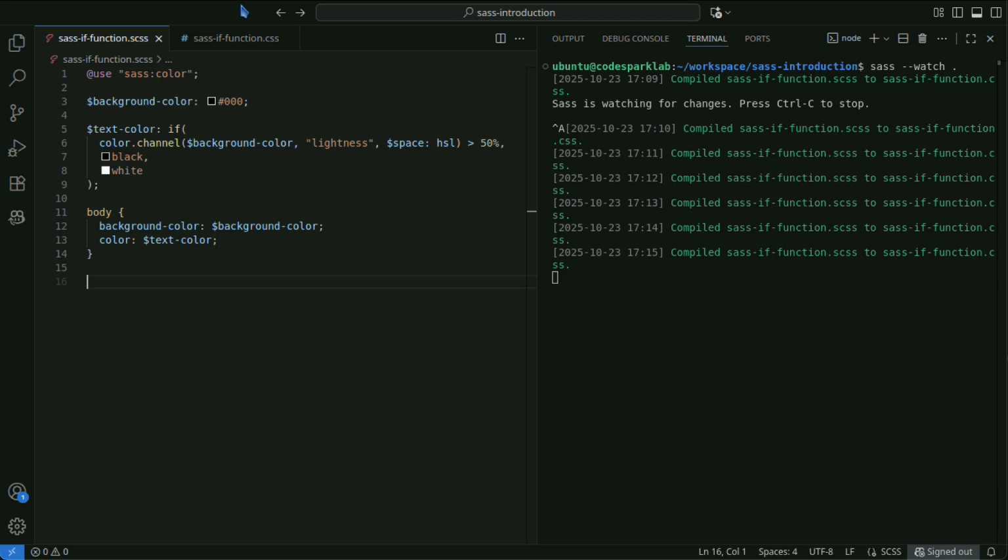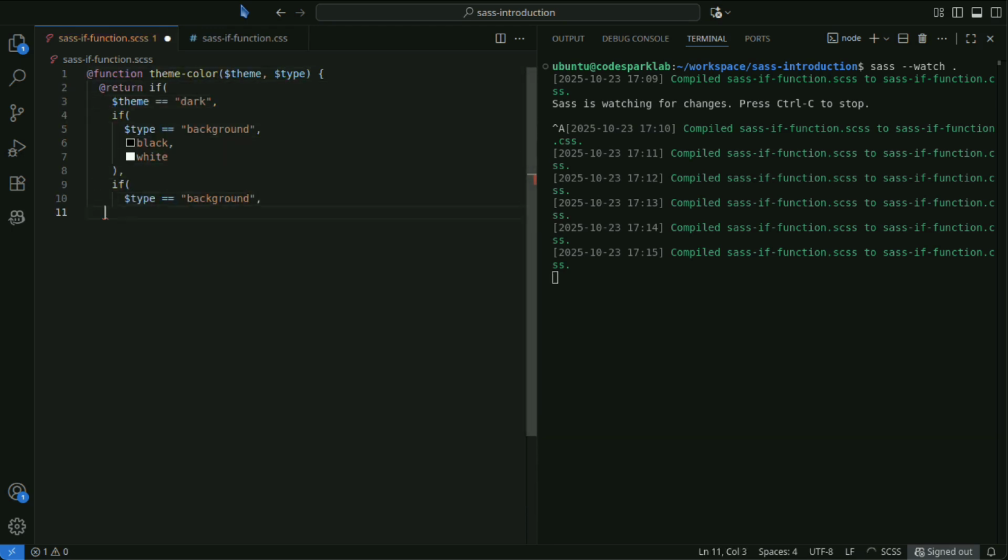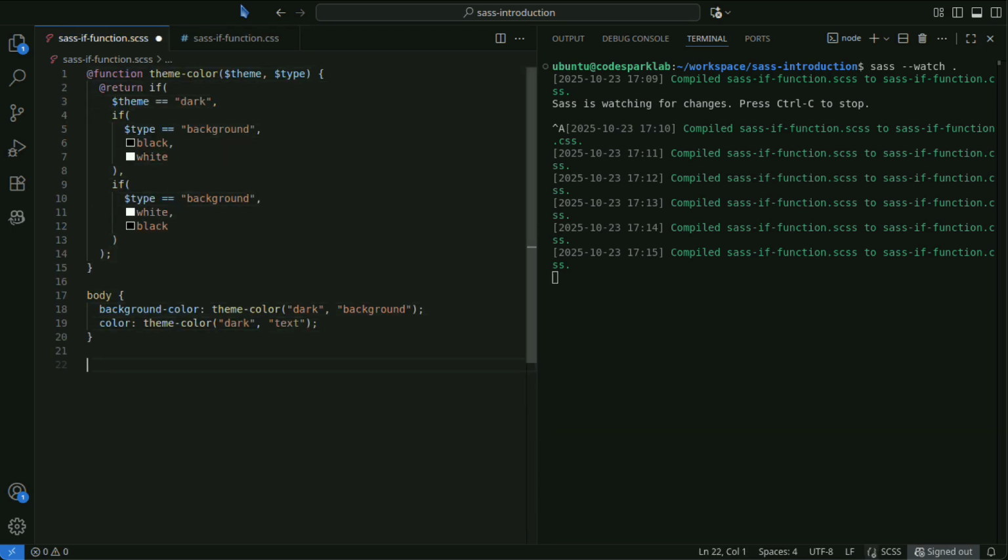Using the if function inside an @function allows for even more flexible style design. This code demonstrates using if within an @function to return appropriate colors based on the theme and color type.